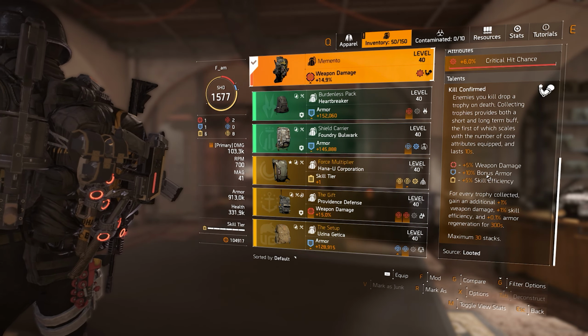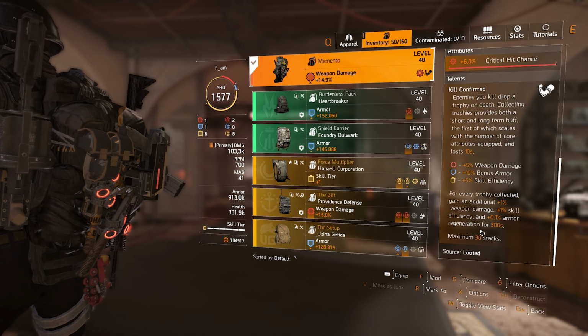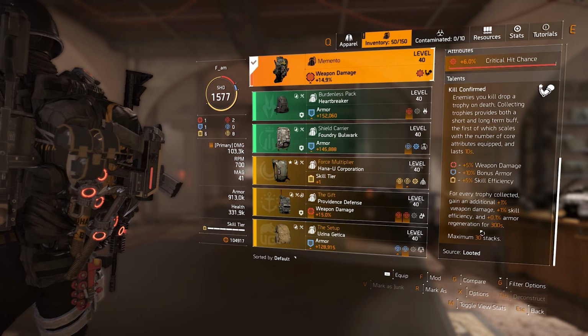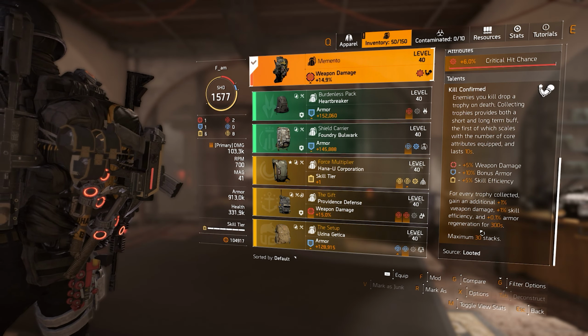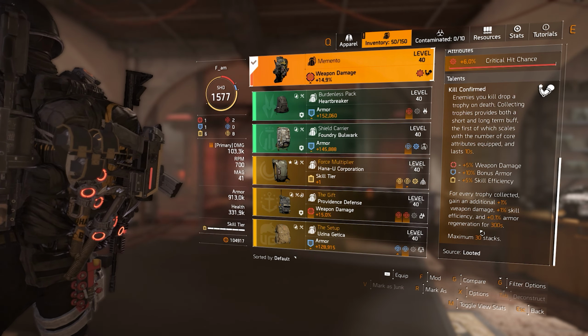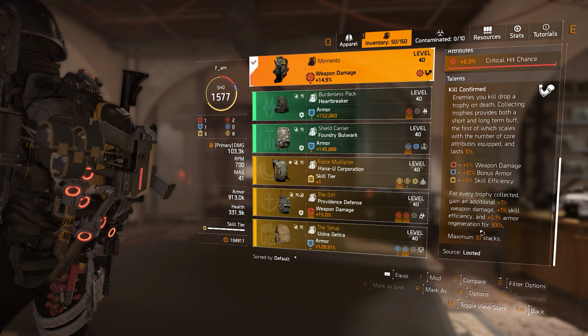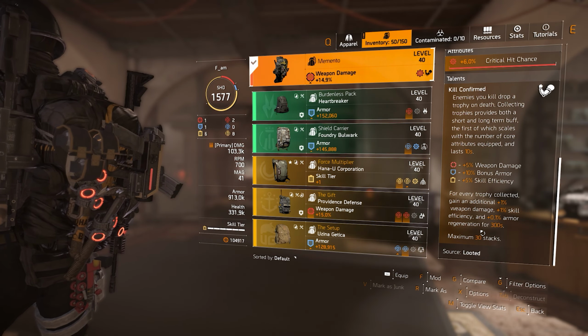We only care about the long-term buff. The long-term buff, after we reach our 30 stacks, will give us an extra 30% weapon damage, 30% skill efficiency, which translates to 30% skill damage, 30% skill haste, and things like that. And then we're also going to get the 3% armor regeneration, which is very nice because we're running the glass